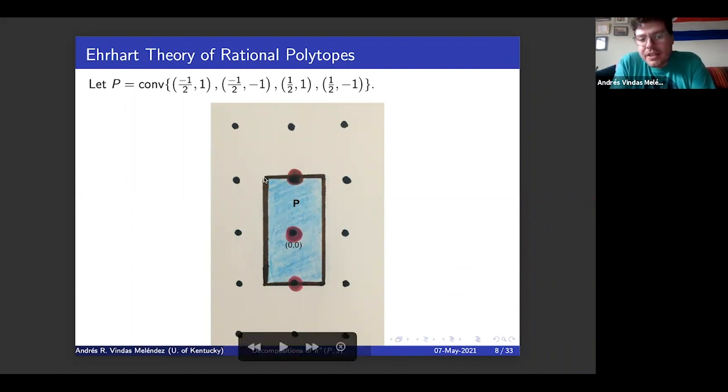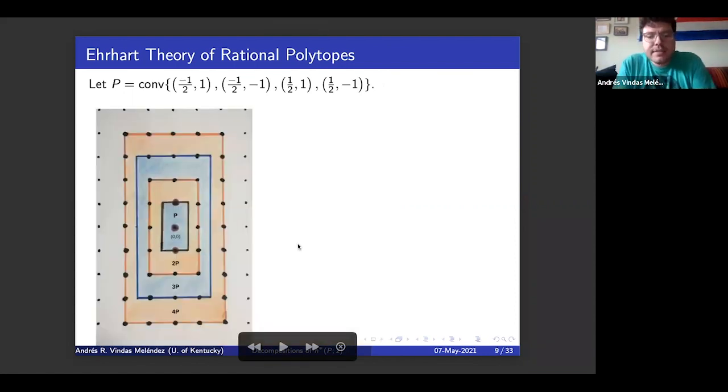And notice that it is a rational polytope. Again, these are exactly the vertices and they're rational points. But I still care about enumerating the number of lattice points. And in this case, I have 3 lattice points in my polytope, okay? And I take integral dilates of these things. And so here's 2p, 3p, 4p. And so I said the denominator is the least common multiple of all vertex coordinate denominators. So the LCM of my vertex coordinate denominators here will be 2. So we should expect that this should have period 2.